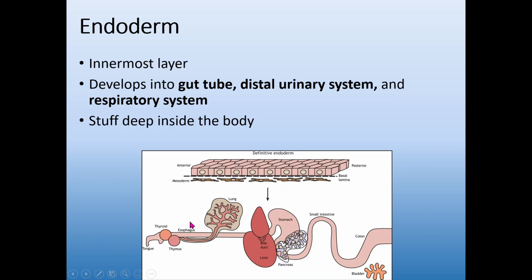Here's another visual showing you that tube. So we have the very beginning, our opening, we have the very end at the colon and the rectum, and it just creates this big tube running through the center of our body. That is what our endoderm becomes. It's funny to think of yourself that way, but you are a tube.